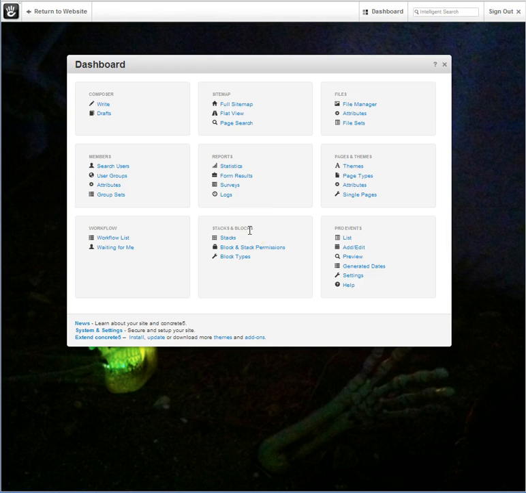Here's the area that you'll be able to access all of them. Not only your stacks, but your individual blocks and the stack permissions. And block types will literally list every one that comes with Concrete5 and every one that you've added to it yourself. Your file manager, of course, where your